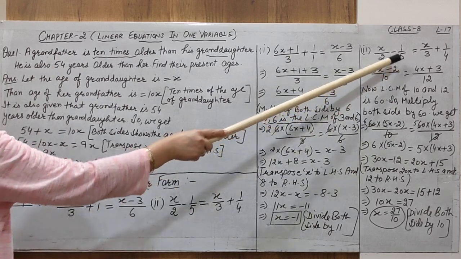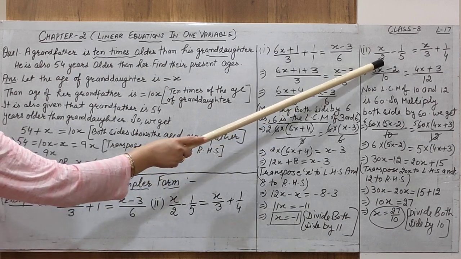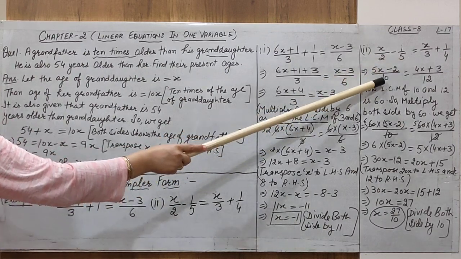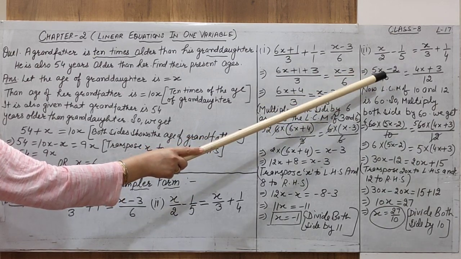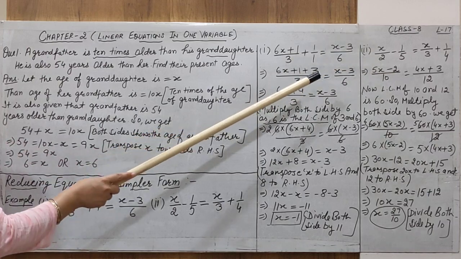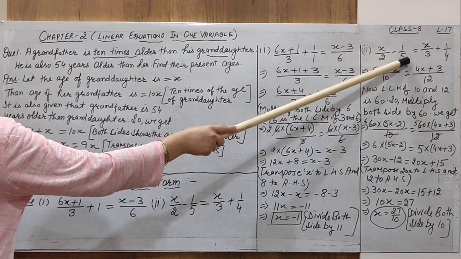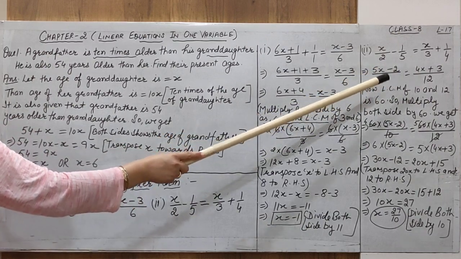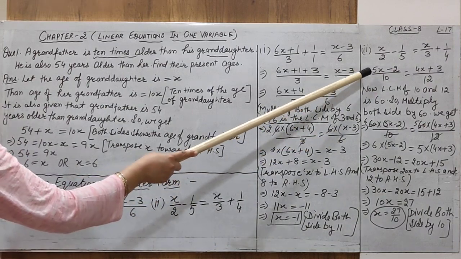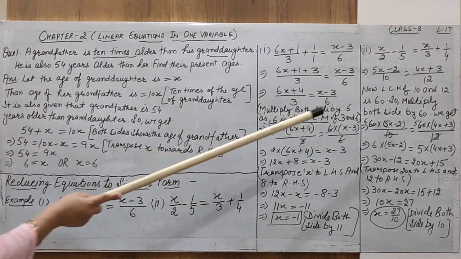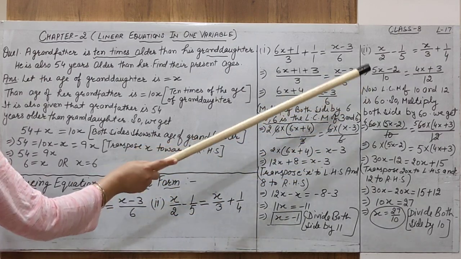Now the LCM of 5 and 2 is 10. So after taking LCM, that is 2 is multiplied with 5, we get 10. Now next, 2 divides 10 at 5 and that 5 is multiplied with the numerator. So we get 5x minus. Similarly, 5 divides 10 at 2 and that 2 is multiplied with the numerator. So we get the left hand side is 5x minus 2 divided by 10 after taking LCM and after subtracting.